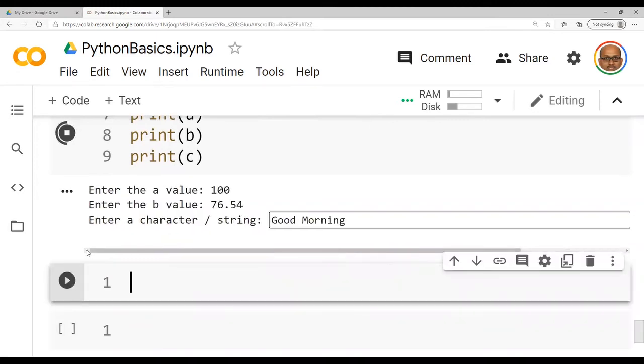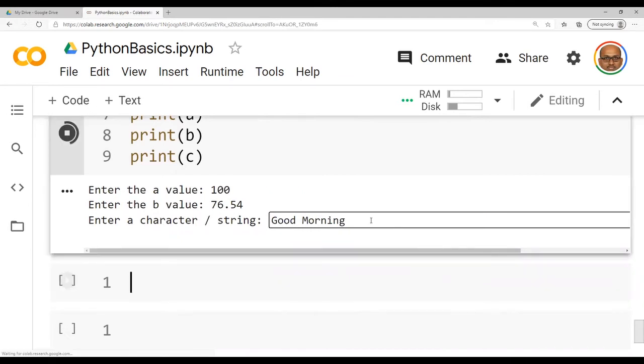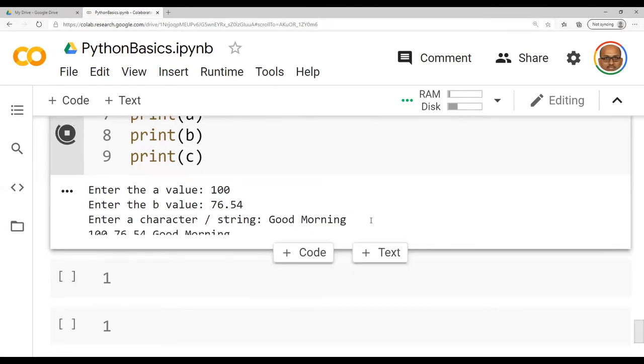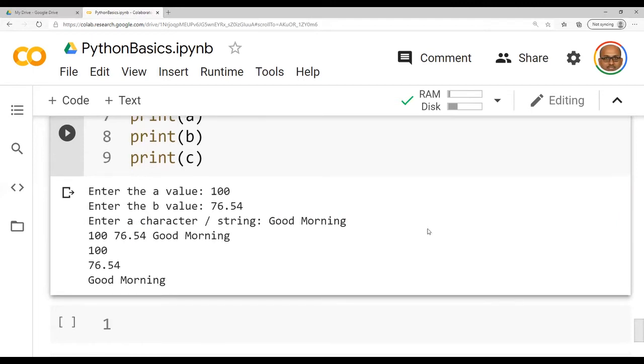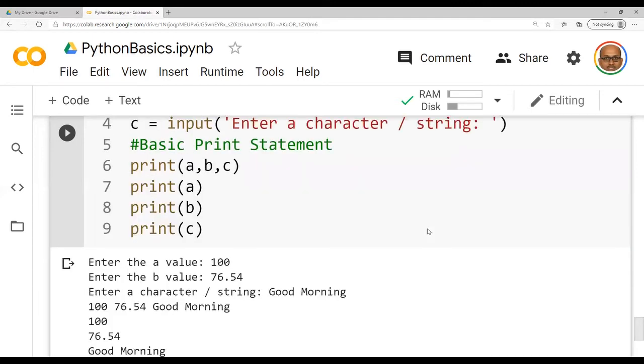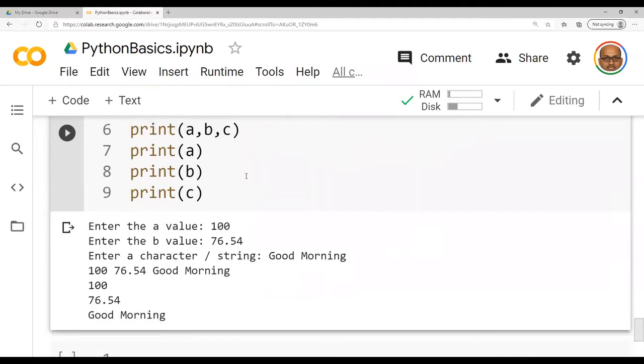Line number 6 is responsible for printing all the values of A, B, and C in a single line. When I give separate print statements, print A, print B, print C, it prints each data in one single row, one by one.